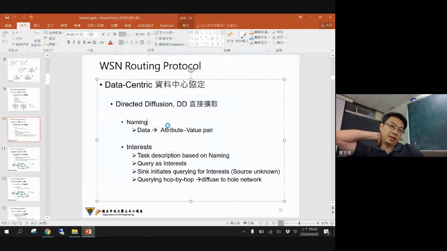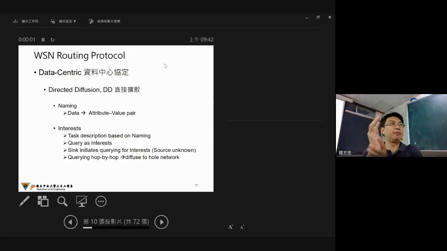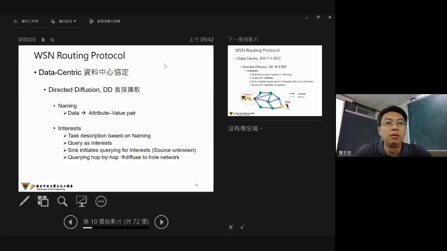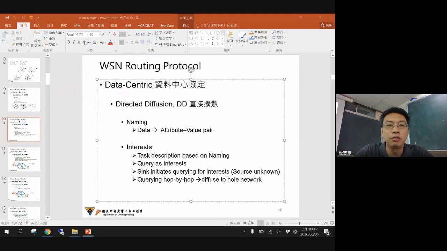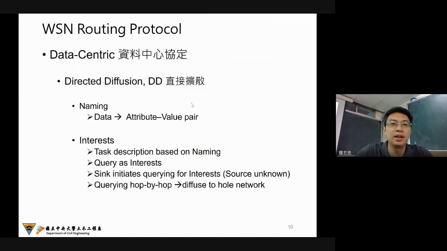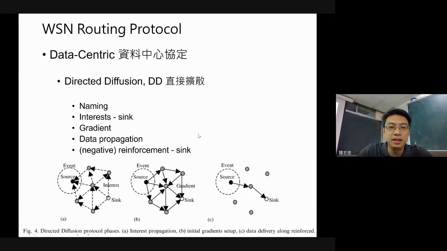Okay, so I think last week we talked about the wireless sensing network, and at the end of last week we showed you the protocol regarding directed diffusion, what we call DD. Okay, and this is the basic structure of DD, including some very